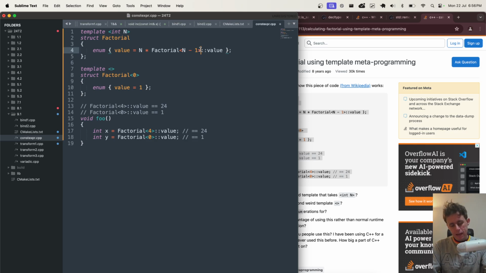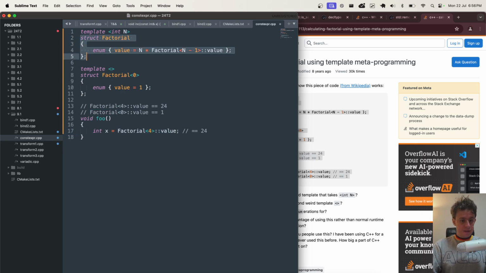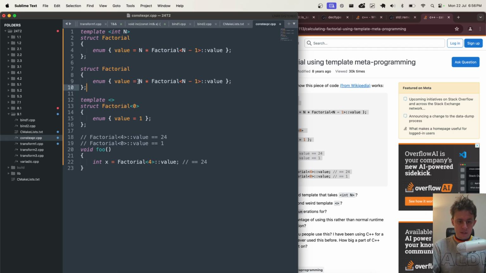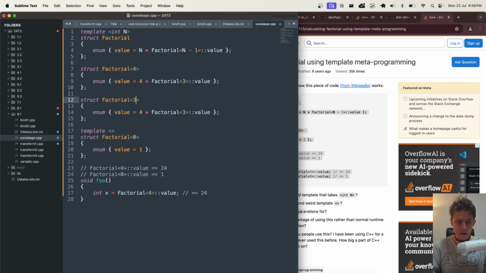And if you think about how template instantiation works during compile time, you say to the compiler, hey, I need a factorial of 4. So it goes, oh, they need a factorial of 4. Let's make a struct. We'll replace n with 4, so it's n minus 1 is 3. And then they go, oh my god, we need a factorial of 3. So then they go, well, we better make a factorial of 3. Okay. And then we need a factorial of 2. And it basically does this.